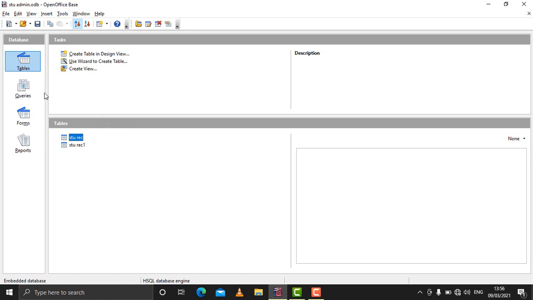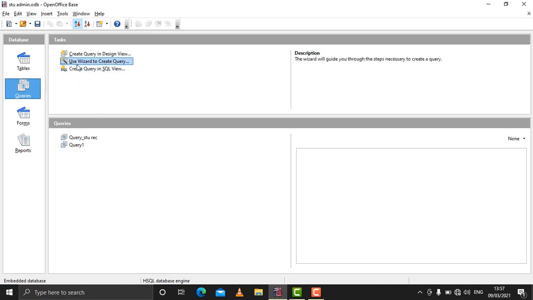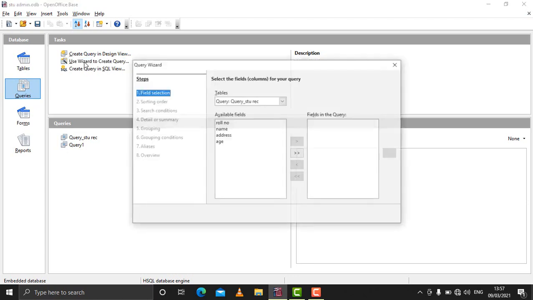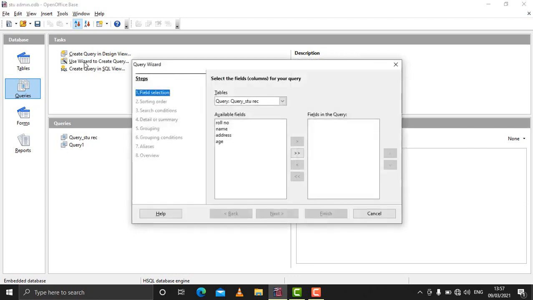using wizards. So we will click on queries and come to the second option, use wizard to create query. Click on it. As you click on it, a series of dialog boxes will come up. This first dialog box is for selecting the fields from a number of tables and queries which were created before.